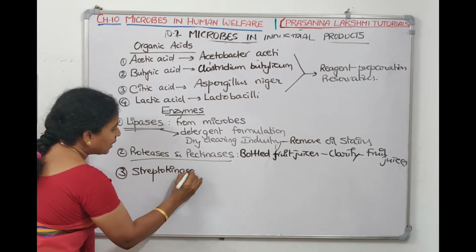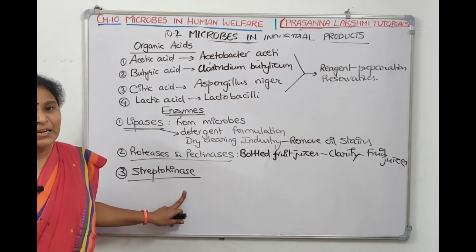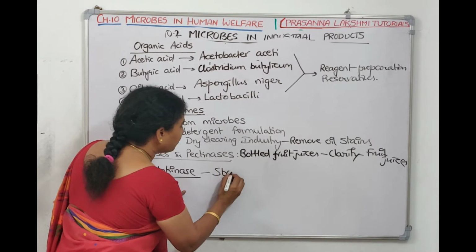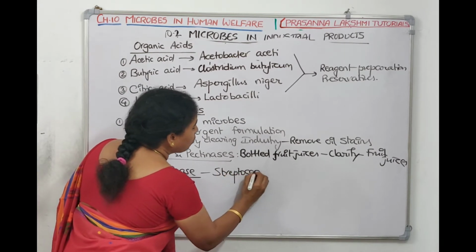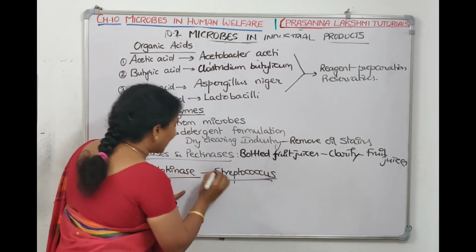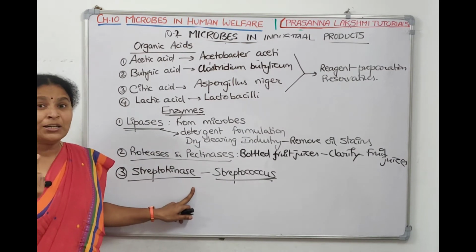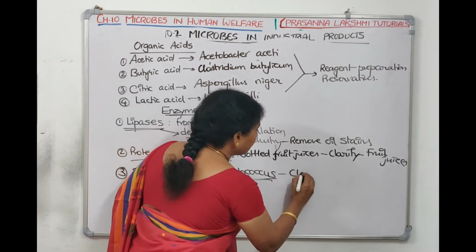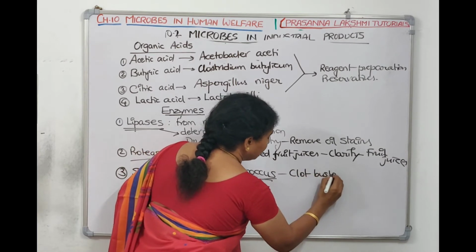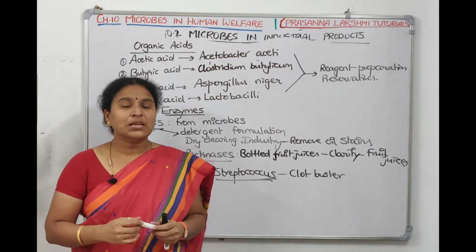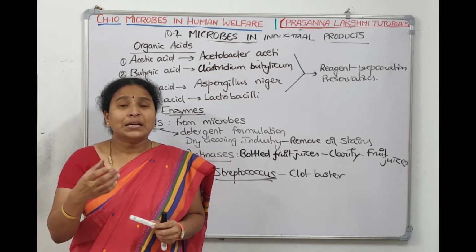Streptokinase is an enzyme. Streptokinase is extracted from a bacteria called Streptococcus. Now why are we talking about this enzyme streptokinase? It acts as a clot buster. Now when in the arteries and veins, if cholesterol goes and deposits and it makes clots, it leads to